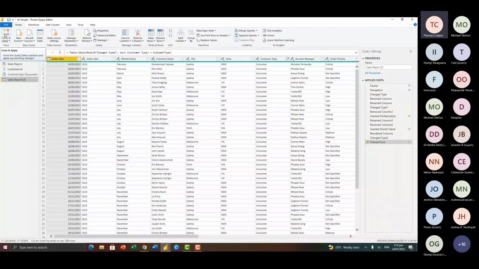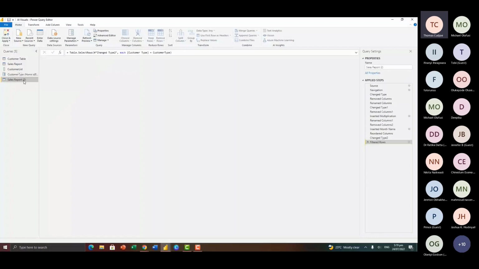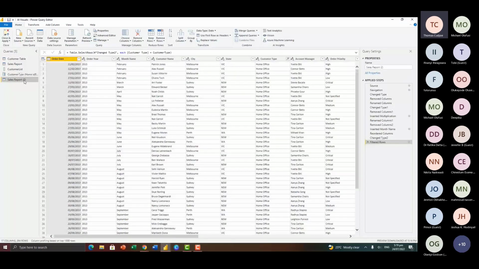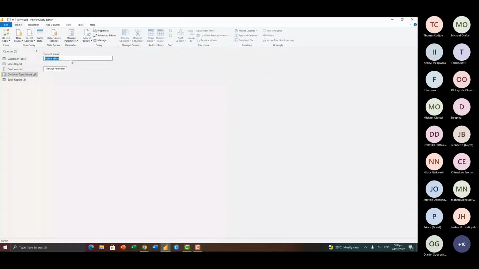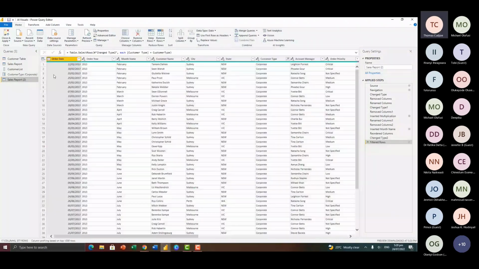Here within this window, instead of consumer, I can make it home office. And now when I come to this report, you see that home office is the one we are using now. It means that the data has been filtered to home office, and that's what we have here. If I go back and change it to maybe corporate, then I come back, you see now it's showing corporate. Now let's go back to Power BI and see the effect of this. So I'll hit close and apply.